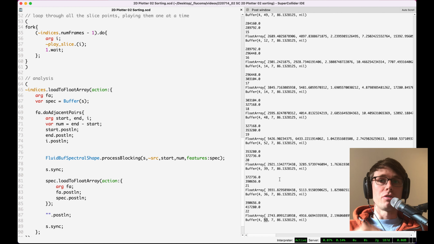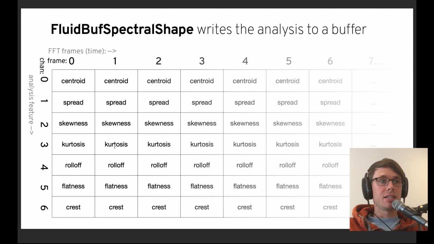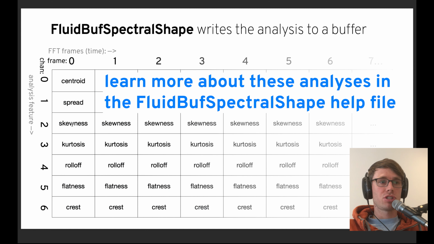And they all have a different number of frames in this buffer after each one of these drum slice analyses. But they're ranging somewhere between, here's a short one, 14, 12, up to 53. So the way that spec buffer gets shaped is like this. There's 7 channels. Each channel contains a different spectral analysis that is provided by BufSpectralShape. And we can see here those analyses are spectral centroid, spectral spread, spectral skewness, spectral kurtosis, spectral roll-off, spectral flatness,